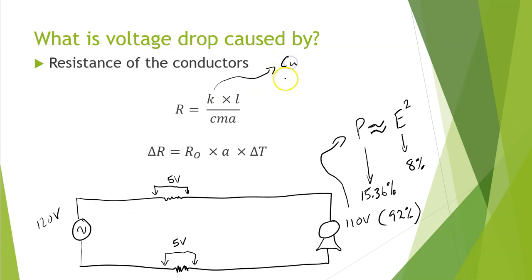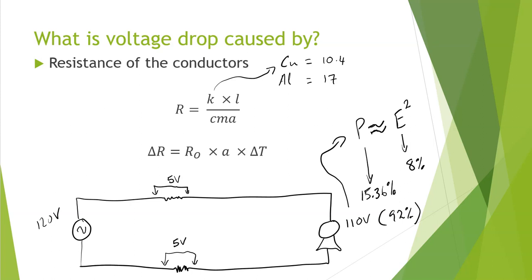So is it a copper conductor or is it an aluminum conductor? And this K factor is a constant for each of those material types, and it's a resistivity constant. For copper it is 10.4, and for aluminum it's 17. So aluminum actually has a resistivity that is approximately